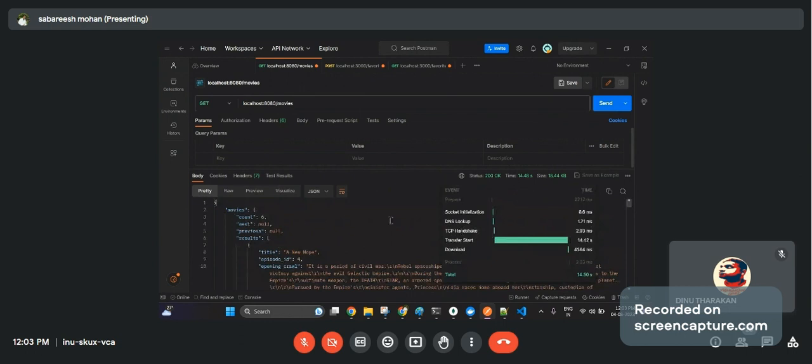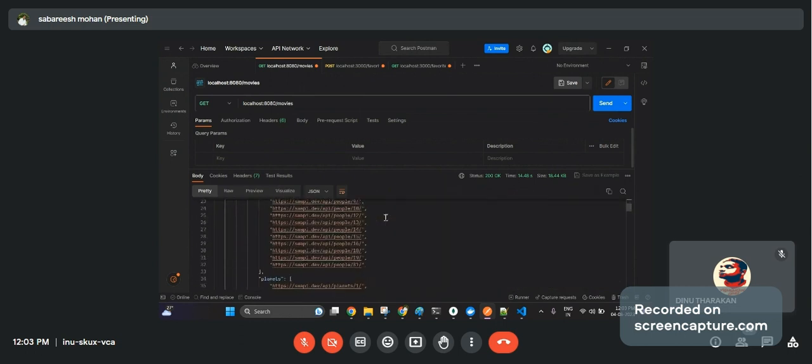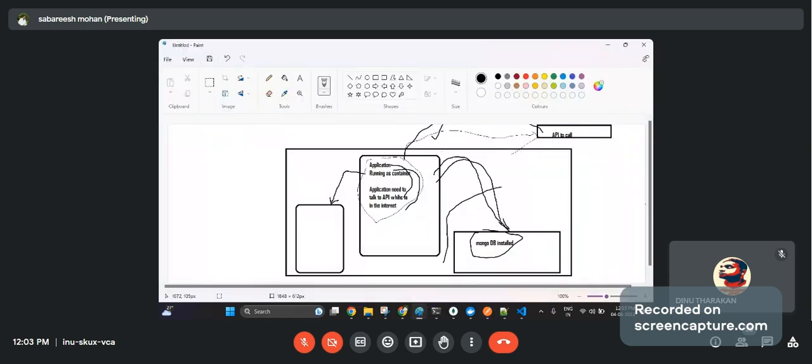Okay, now you can see what they were able to go and talk to. So now my container, which is running on my host, is talking to what? To the internet outside the world. That means my container can send a request to the internet. So the first use case is check marked. I mean, your first scenario is working.